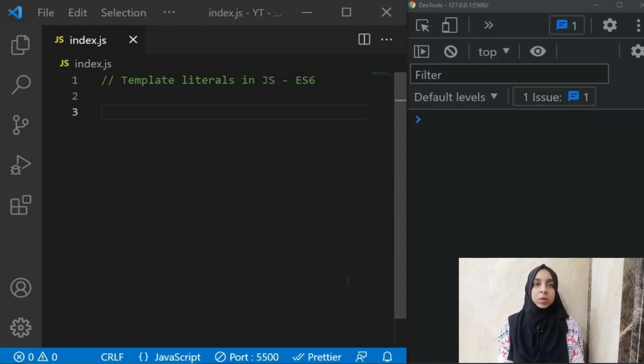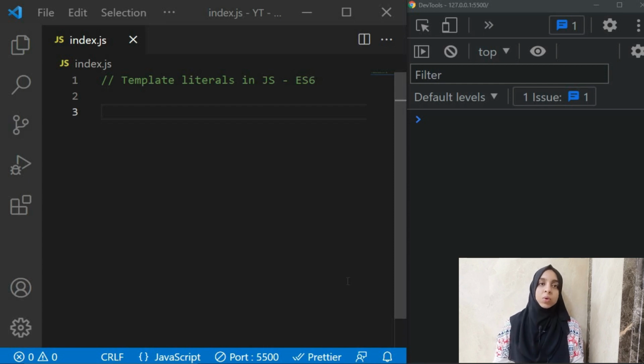Okay, so this was something that was introduced in ES6. It's not really old, it's new, just introduced in ES6. So what are template literals? We had many literals, right? We had objects which we define using curly braces, and then we have booleans, that is true and false, and then we have string literals that you can write in double quotes or single quotes, right? Now you have template literals, those are your backticks.